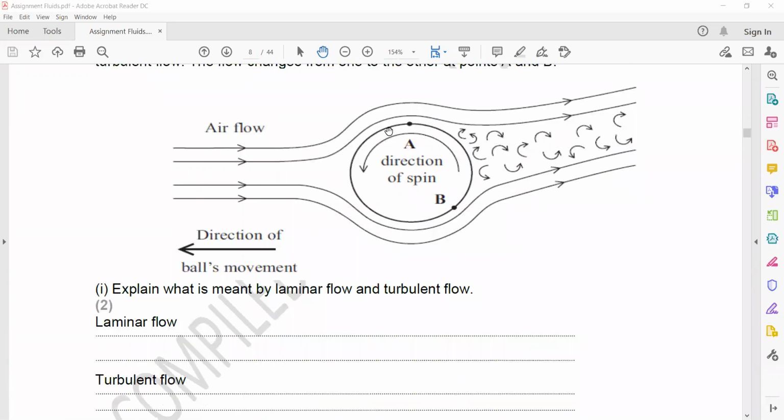When you check, look, this is the surface of the ball. The movement of the surface of the ball, in the direction in which the ball is spinning, and the motion of the fluid are opposite. So that is why here it will experience the maximum force, and as it will experience the maximum force, there will be greater turbulent flow, because the turbulent flow